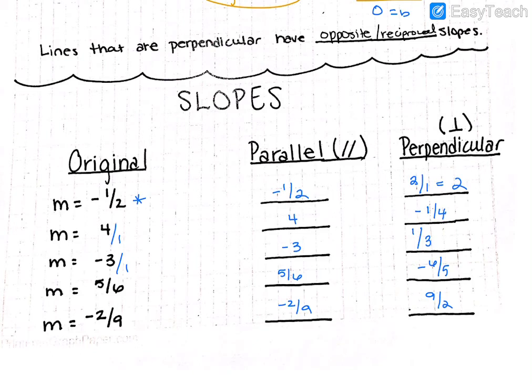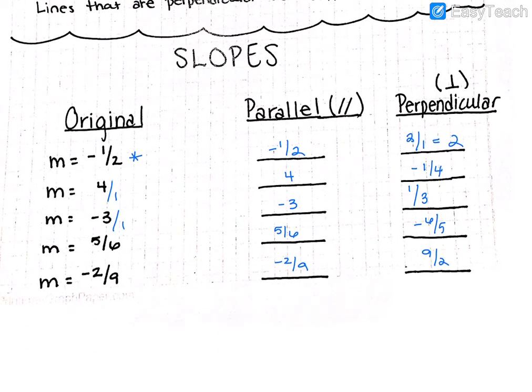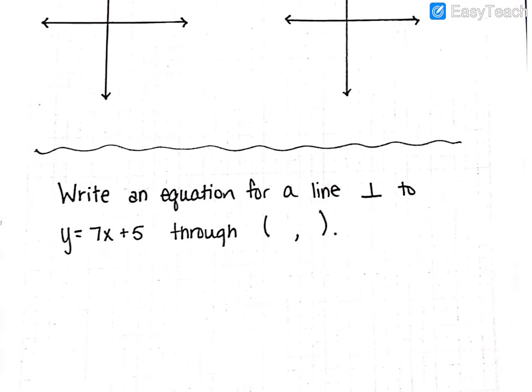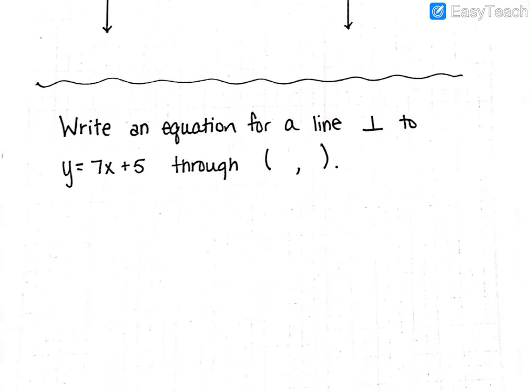Okay, so we are going to do another practice problem, and it's on the back, so go ahead and flip your notes over. And then we're going to do the practice problem, then we're going to come back to the horizontal and vertical lines. So write an equation for a line perpendicular to y equals 7x plus 5, and it has to go